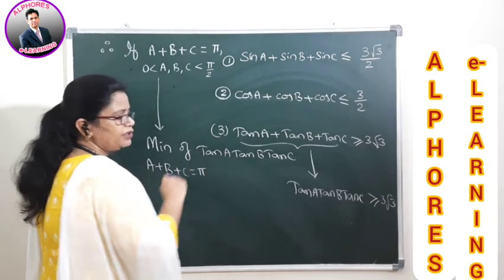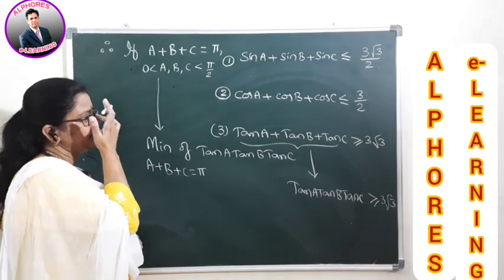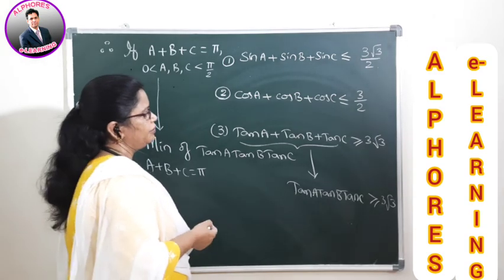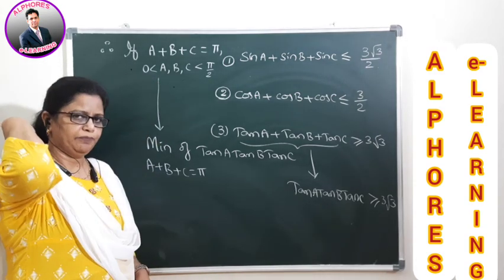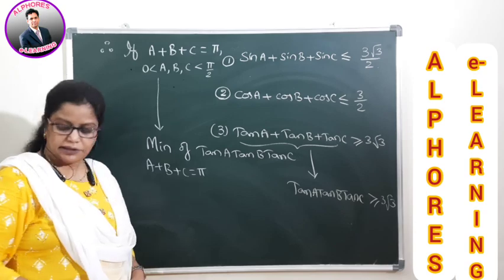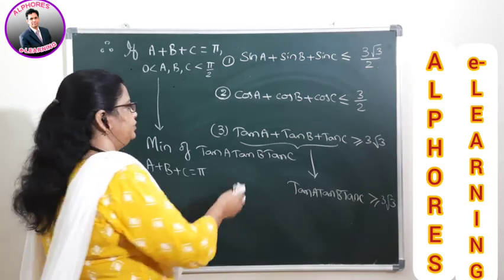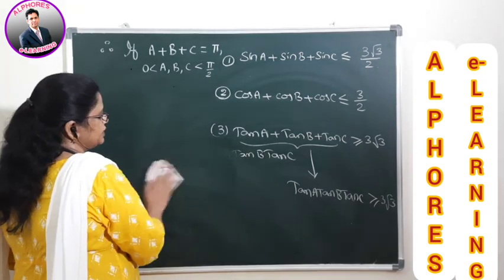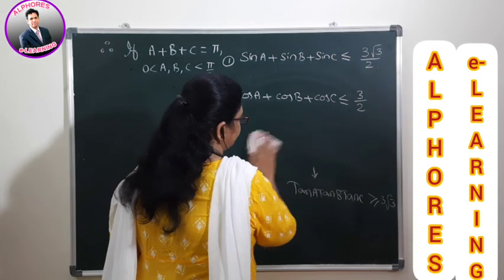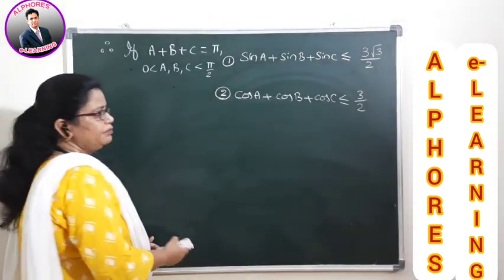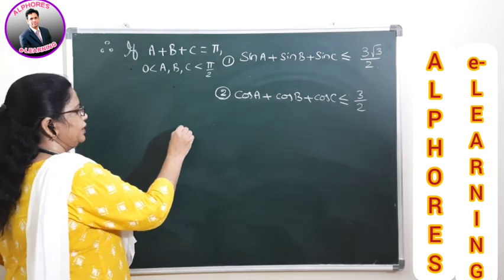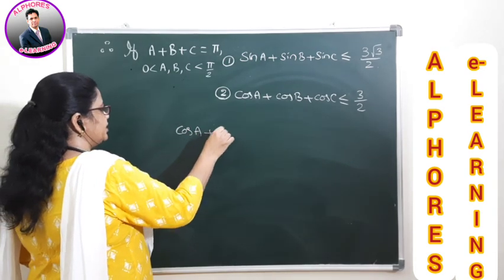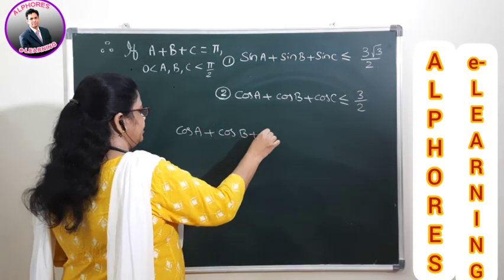Sigma tan A is equal to how much there? Pi tan A. Okay, sometimes students may again ask about the product cos A cos B cos C. How can we do it here? If they ask the product cos A cos B cos C, then simply you can make use of the result AM greater than or equal to GM. That implies (cos A plus cos B plus cos C) divided by 3.